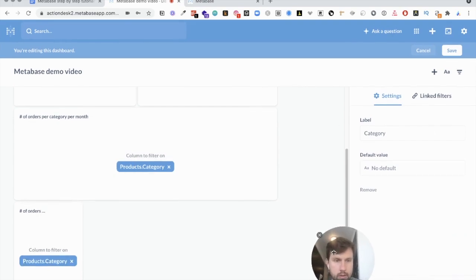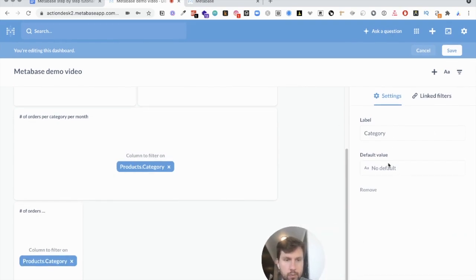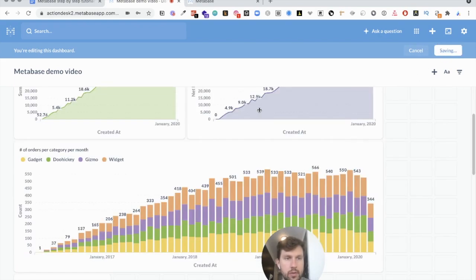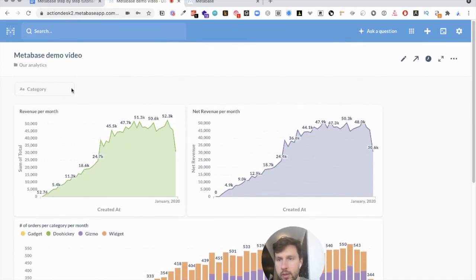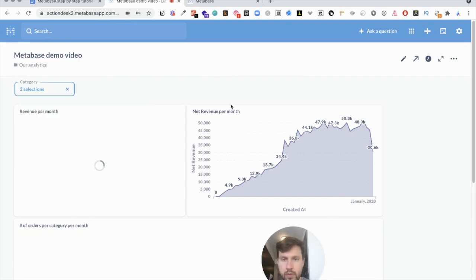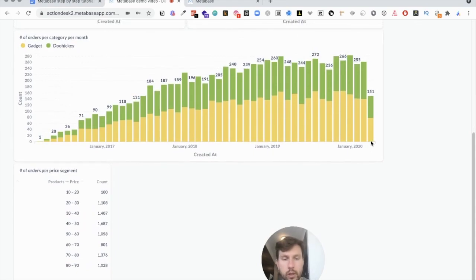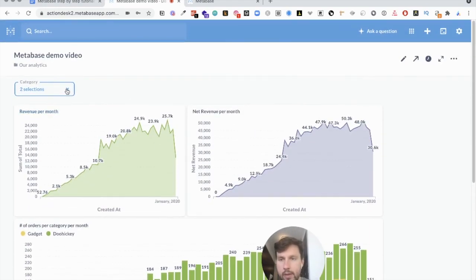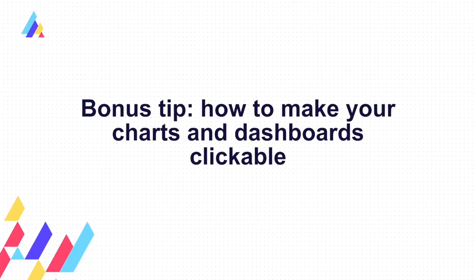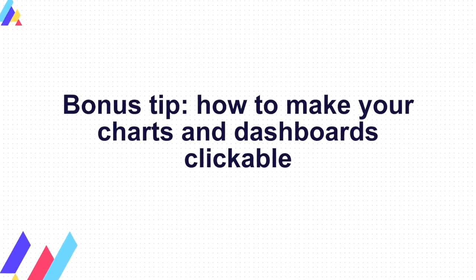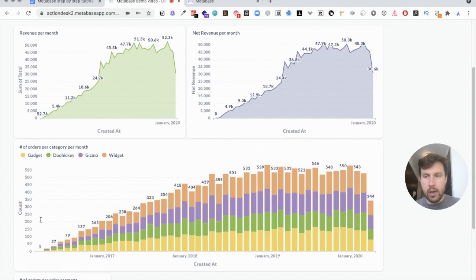And then I can even put in the default value. In this case, I want the default value to not be anything, so just everything. So I'll just click on done, save. And now I have this thing. And if I click on it, I can choose one or multiple categories, and my dashboard will update accordingly, which is really cool. And now another thing that would be super cool is, here I have a breakdown per